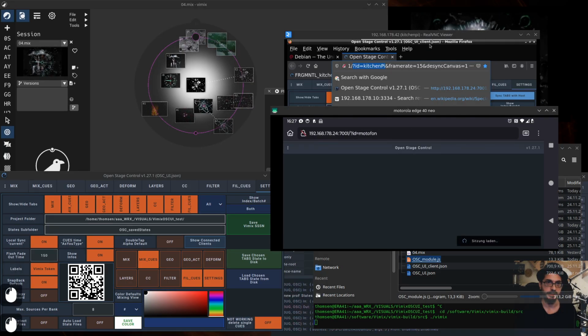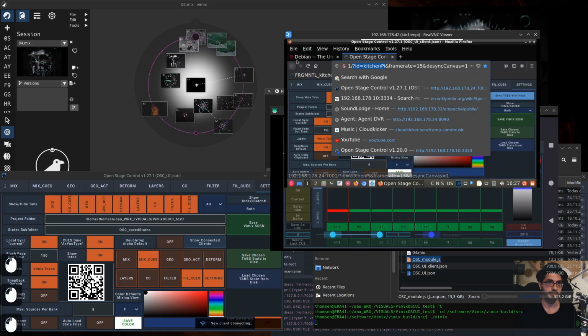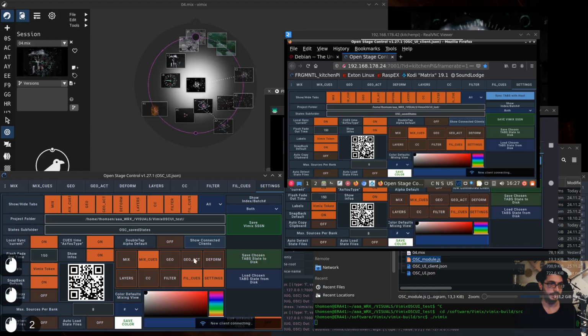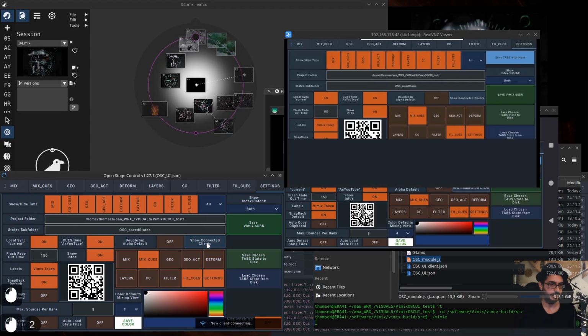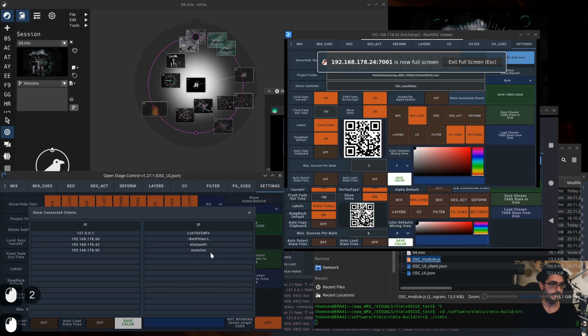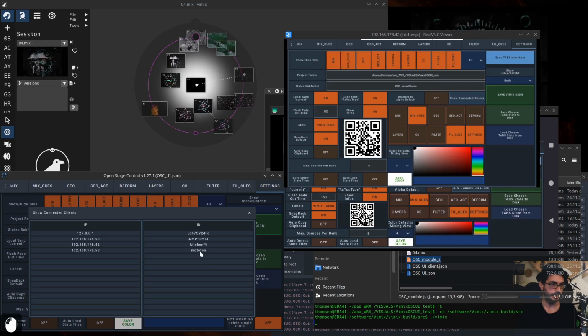of an ID for these two devices, I can now have a look at this little button, this modal, it is called pop-up menu. I can have a look here and see exactly which clients are connected to this session. So there's a double entry of the IP50. This is not the Raspberry Pi, it's the phone, because